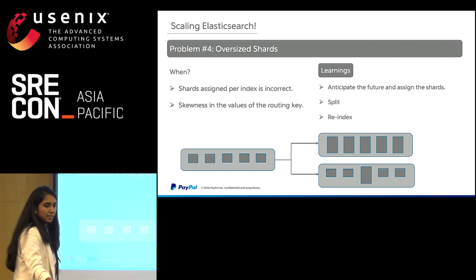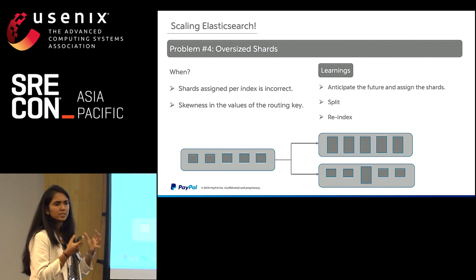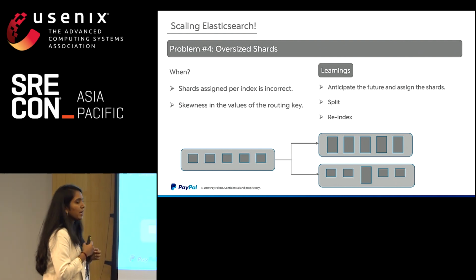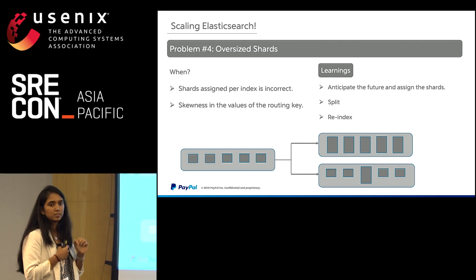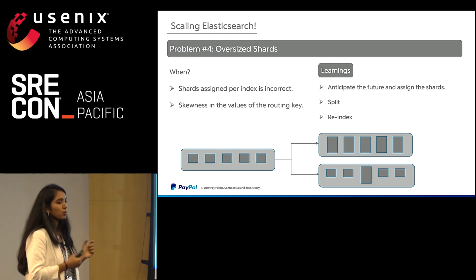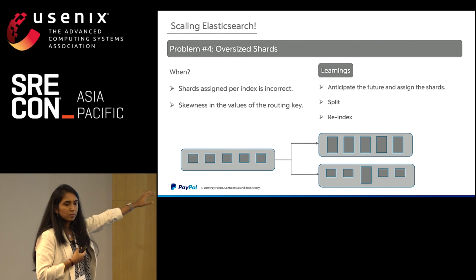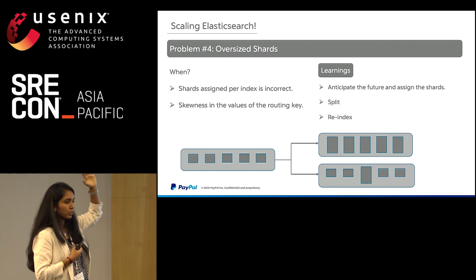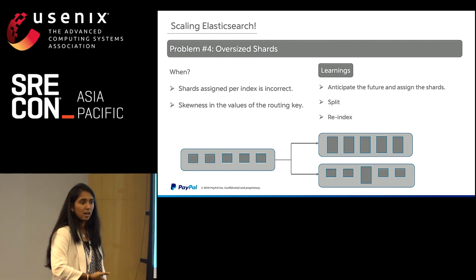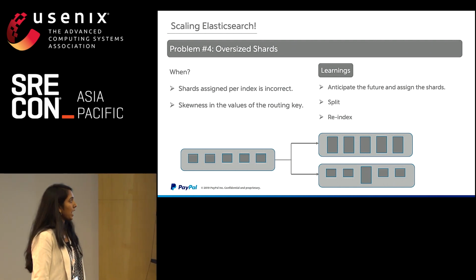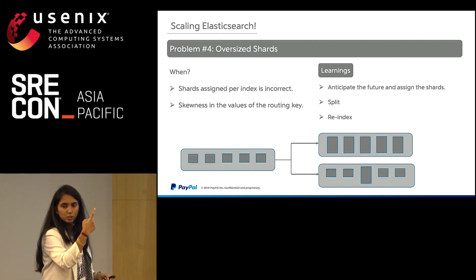A shard is internally a Lucene index which can at the max hold a certain quantity of documents. In Elasticsearch best practices, if you look at it, they would say 30 to 40 GB is the size that a shard can handle. But as you start populating data and your data size grows, there are possibilities where your shard size can exceed 50 GB. And there were cases with us where unknowingly it went up to 120 GB. And we had several issues with search requests because it's a complete shard search that it has to do.